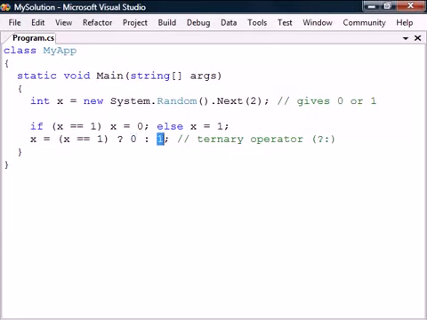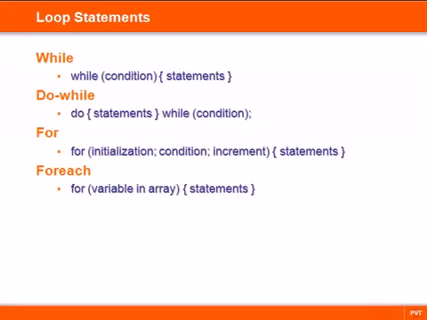In this section, we're going to cover the four looping structures in C#, all of which are used to execute a specific code block several times. The while loop